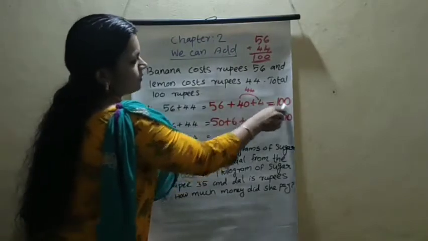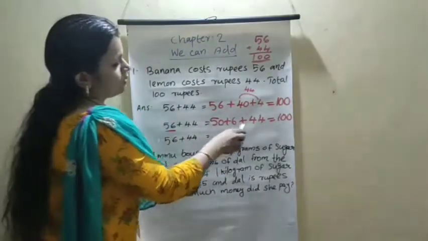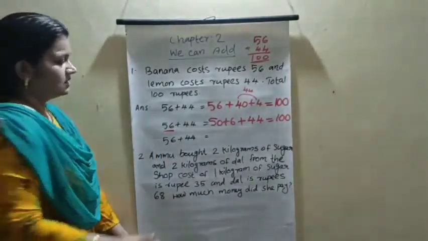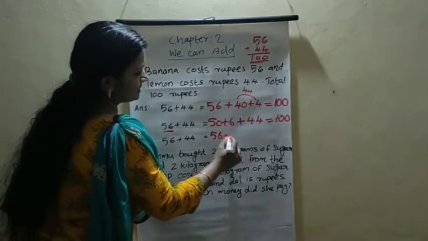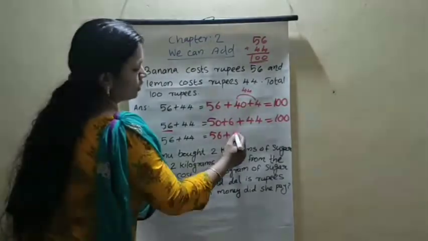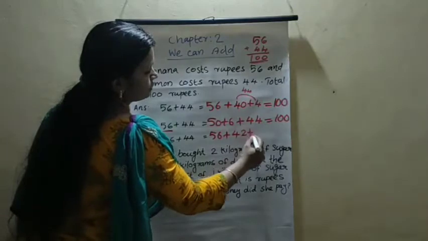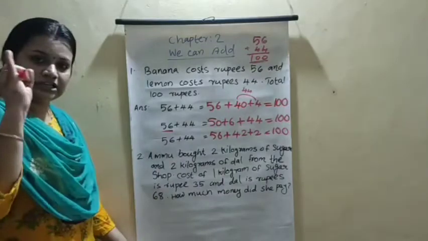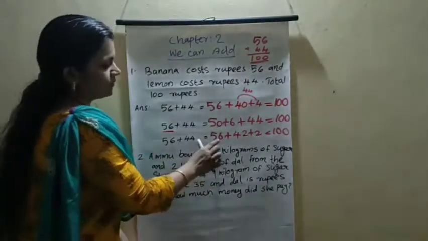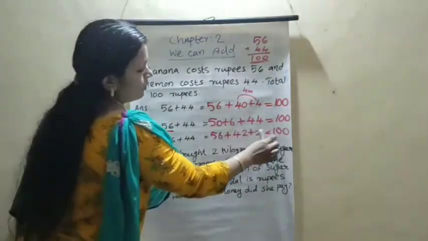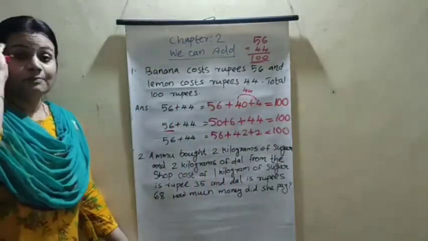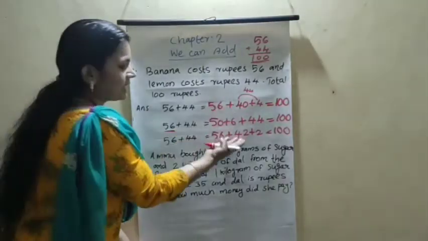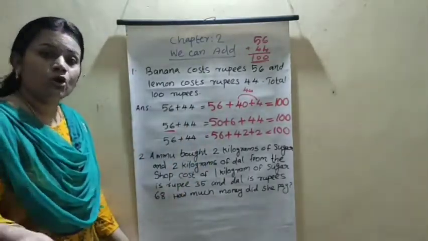Then we are making the different ways. 56 plus 40 plus 4 equals 100. 50 plus 6 plus 44 equals 100. Then can you say the last one? Again 56 plus, then what do we write? 40. 2 plus 2 equals what? 42 plus 2 is what? 42, 43, 44. Then again we can read 56 plus 42 plus 2 equals 100. That boy was thinking in different ways. So we can write only 3 ways. You make two more